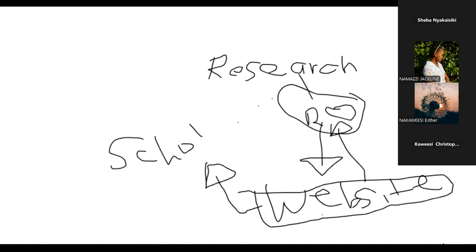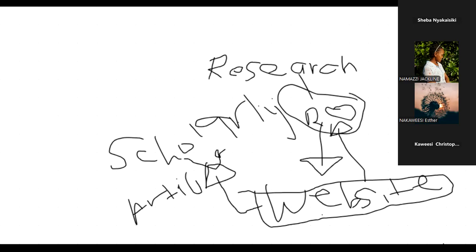I go to scholarly articles, published articles, research articles, which have done research on websites and organizations, the relationship between websites